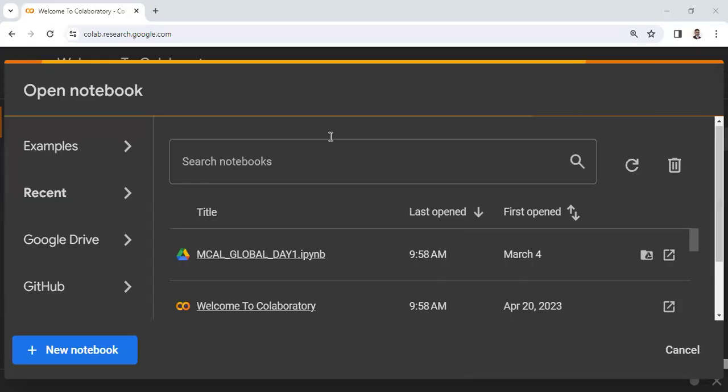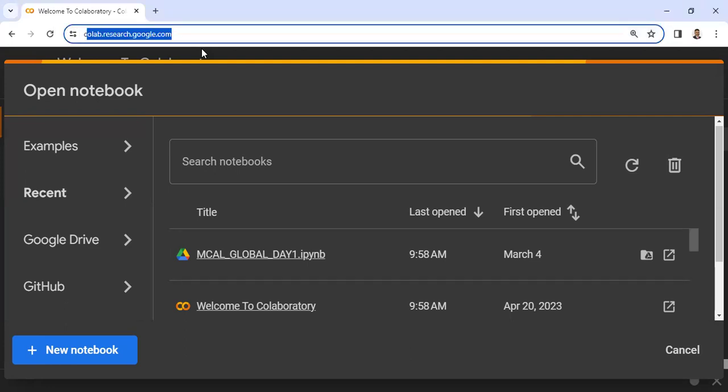Right here, we are going to understand how to use Colab as a tool for our day-to-day programming purpose. Colab needs a browser, and a very user-friendly browser which I recommend for every one of you is Google Chrome. Right here, you have to simply type